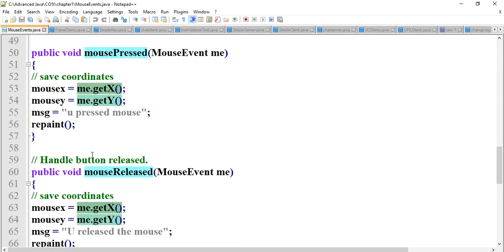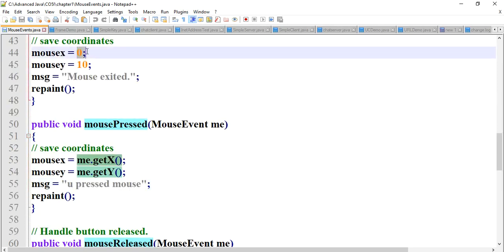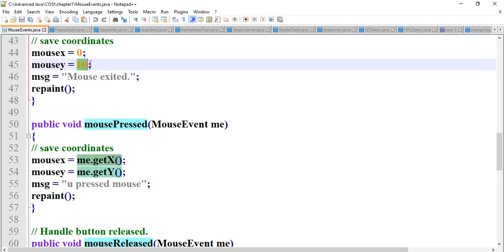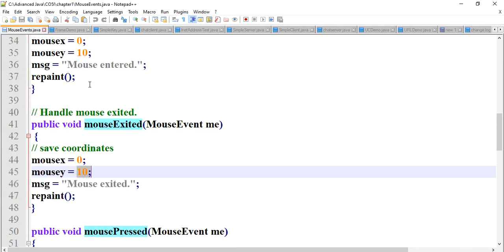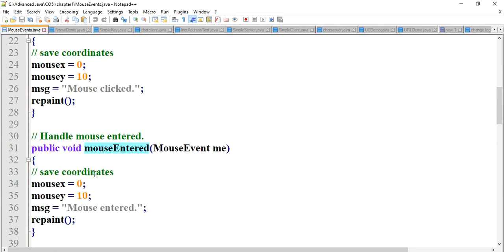When we press the mouse, the message you pressed mouse is displayed. We have taken the same X and Y coordinates for the mouse entered, mouse exited and mouse click messages: X coordinate 0 and Y coordinate 10.